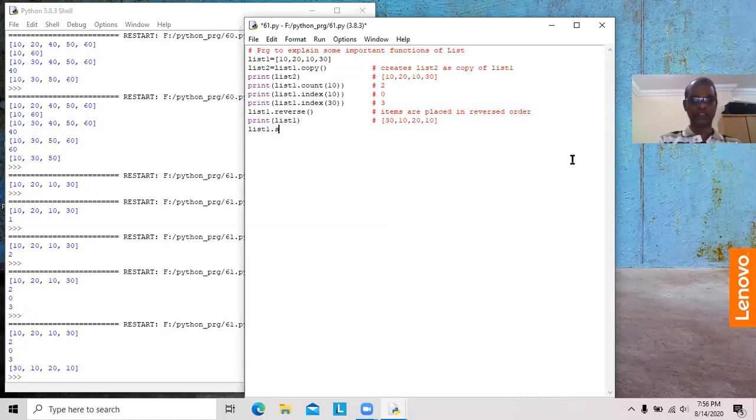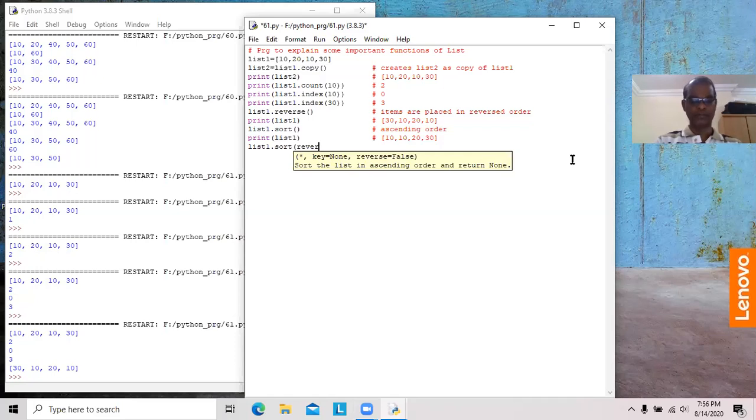Sort. First I want to place in ascending order. For ascending order, no need to give any arguments. Usually 10, two 10s are there, 20, 30. Similarly, list 1 dot sort.